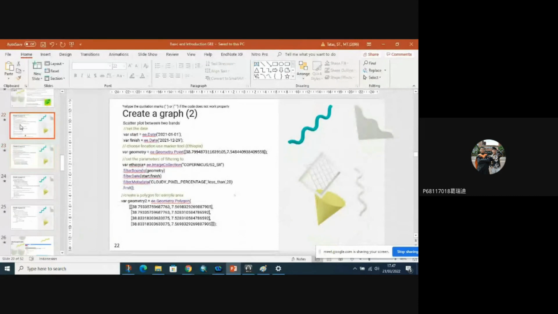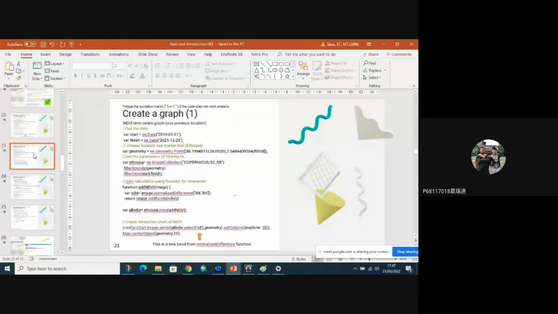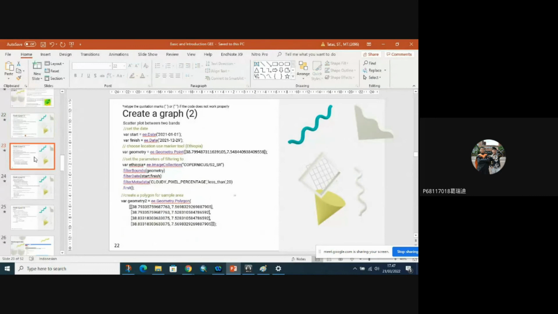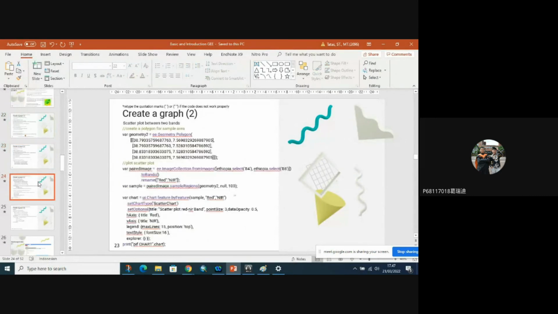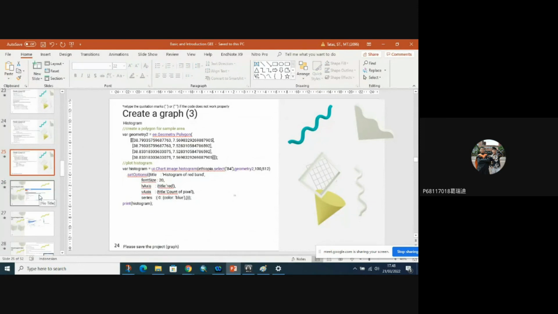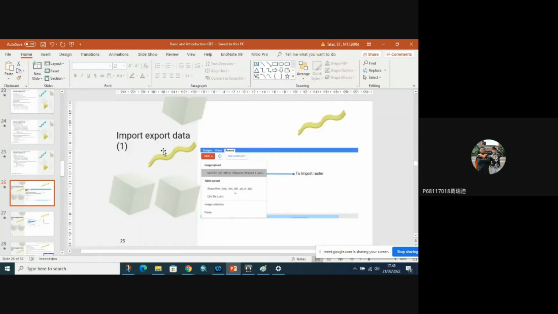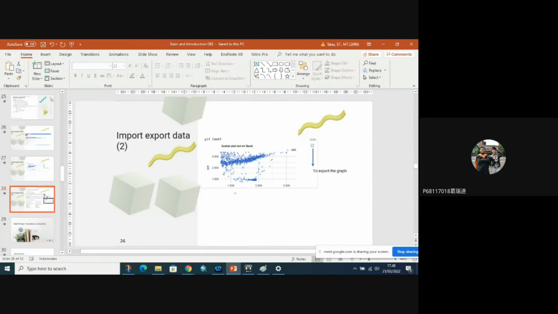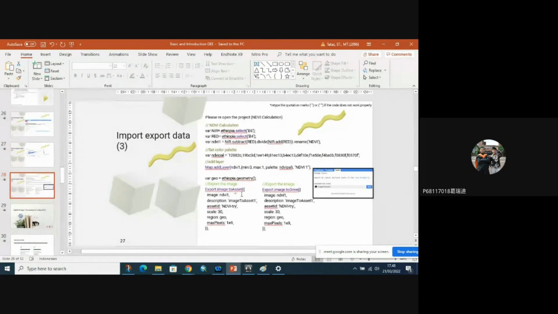How to make a graph, how to make a scatter plot, how to make a time series NDVI graph using the previous location, for example. And also how to make a histogram, how to import and export data, how to export data to your asset.